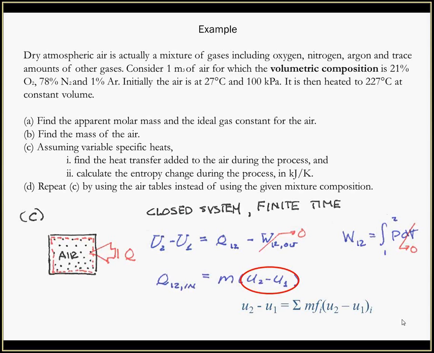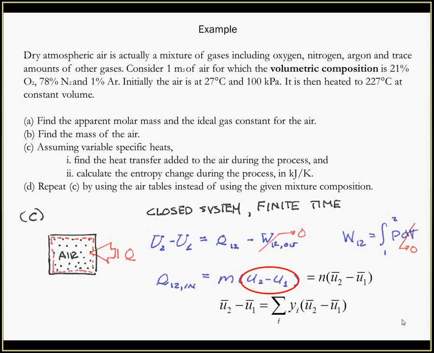Now I run into a problem if I try to do this because I don't have tables for oxygen, nitrogen, and argon by themselves on a mass basis. I have them on a molar basis. But that's not a big deal because m times little u gives you big U. So does n times little u with a bar. So if I take the number of moles and multiply it by a molar specific property, I still get the big property. Or in mole fraction form, the change in internal energy on a molar basis for the mix is